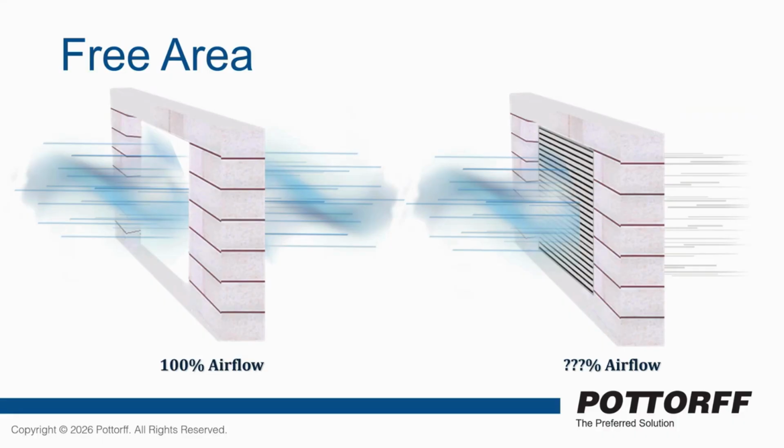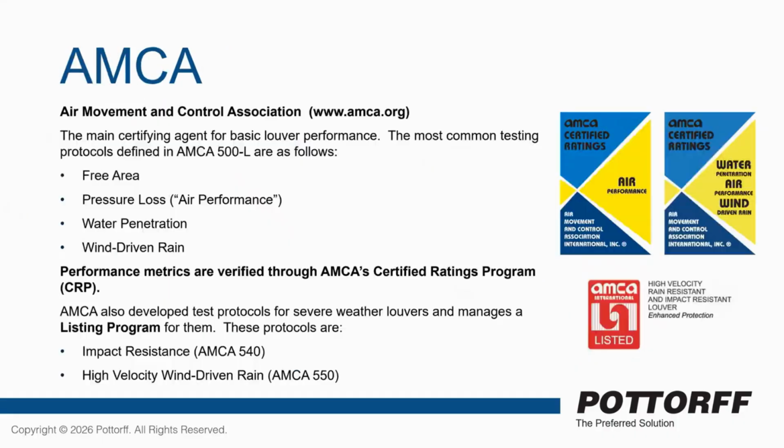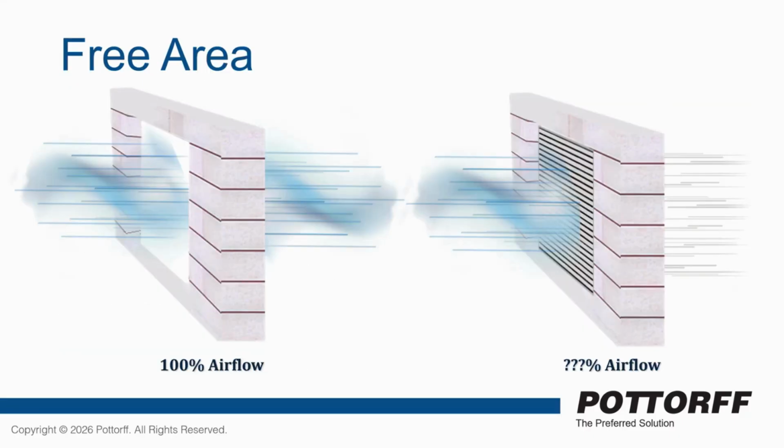So let's dive into each one of those that we just saw up here: free area, pressure loss, water penetration, and later we'll get into impact resistance and high velocity wind-driven rain, which is essentially a hurricane. So the free area. What is free area? You might have seen this on a building specification, or you might have been trying to meet a spec